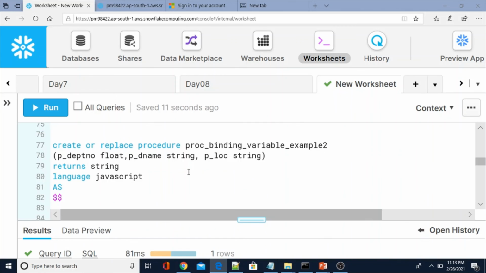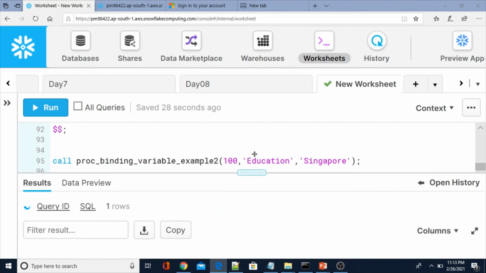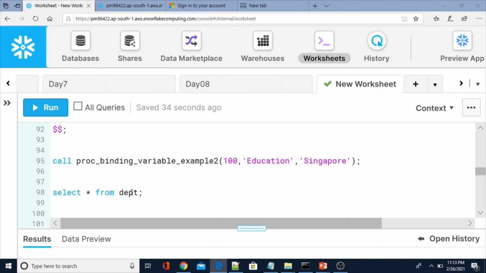Now let me execute this procedure. We have to pass another department's details. Here I am passing department number 10, education as the department name, and the location is Singapore. Let me execute this one. Once the procedure completes successfully, we will see success. That means one row has been inserted into the department table.